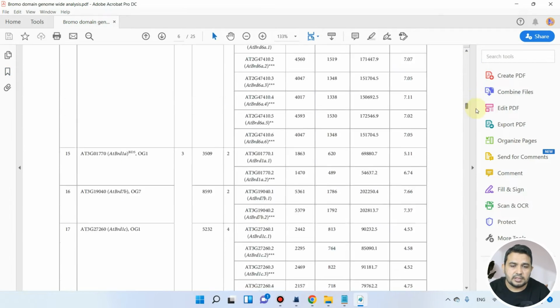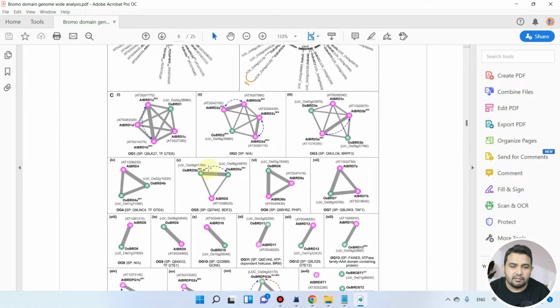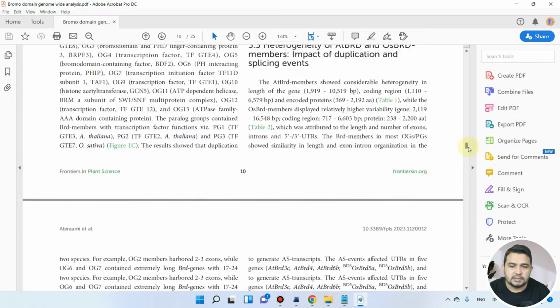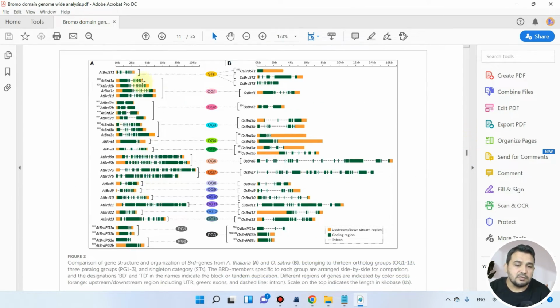In this figure, you can see they have drawn different orthologous groups. When they compared gene structure, they have orthologous group 1, which has 1, 2, 3, 4 genes from Arabidopsis and 1 gene from the rice genome.